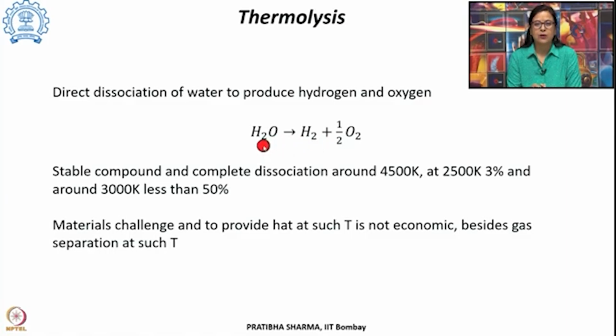The reason being water is a stable compound, it is inert, it is in a lower energy state. So a lot of heat is required for it to break, and if we want complete dissociation of the water to occur, that occurs around 4500 Kelvin temperature. At 2500 Kelvin a small amount dissociates, and about 50% of the amount which has been taken dissociates around 3000 Kelvin. So as such we can see that it is a very high amount of heat which will be required if we want to directly split water in a one step reaction,